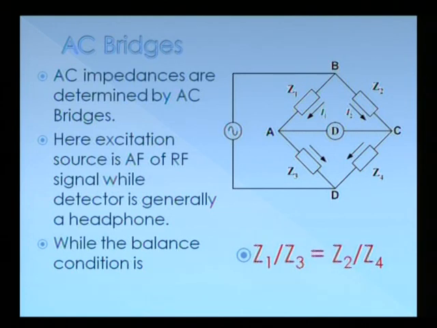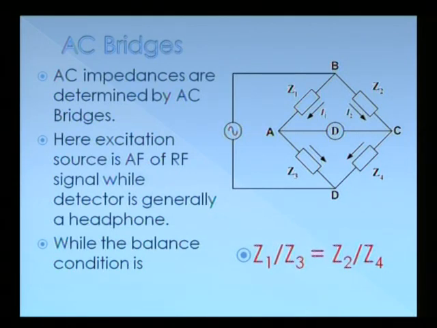Bridges require AC excitation, so there is a term involving frequency along with phase. So this one thing is different. Along with that, the second thing is that the detection of null also has to be AC. So instead of a simple galvanometer, we need to replace it with either a headphone or a higher sensitivity AC millivolt meter. Here the excitation source is normally audio frequency, or in specific cases it may be switched over to RF signals, while the detectors are simply a galvanometer or a high sensitivity measurement point.